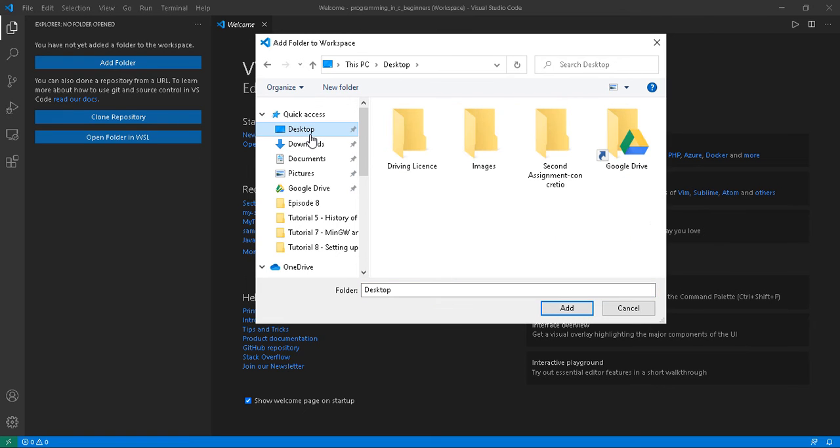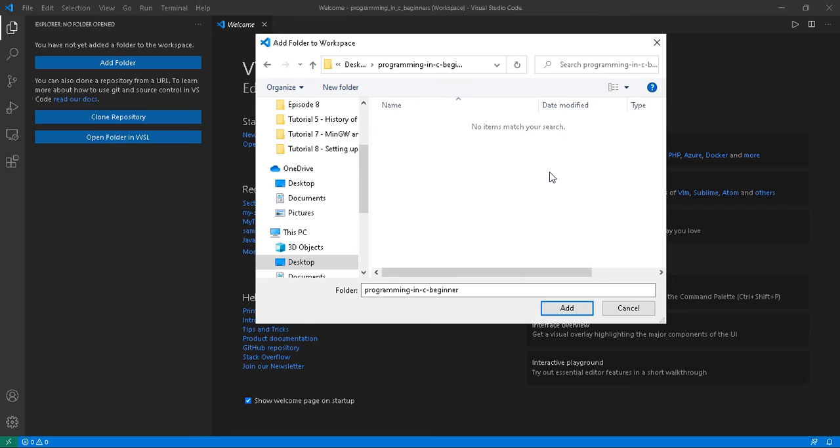I will create the new folder on the desktop itself. I'm creating the new folder and giving it the name Programming in C Beginners. And inside this Programming in C Beginners, I'm going to create my project.